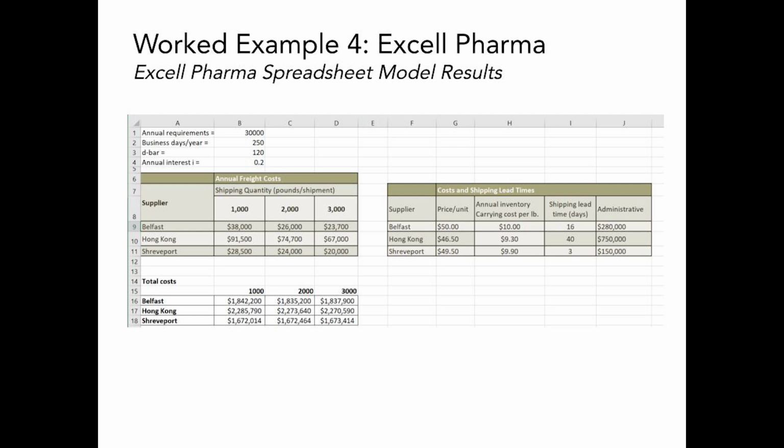However, our goal is to assess all 9 scenarios covering £1,000, £2,000 and £3,000 shipments for each of the 3 suppliers: Belfast, Hong Kong and Shreveport. The spreadsheet is structured to include columns for each cost component, material, freight, inventory and administrative costs, across the various shipment sizes and suppliers. By inputting the specific values into these columns, we can automate the calculation of total costs, leveraging Excel's absolute referencing feature to ensure consistency in our formulas. This setup not only streamlines the process, but also highlights the impact of order size and supplier location on the